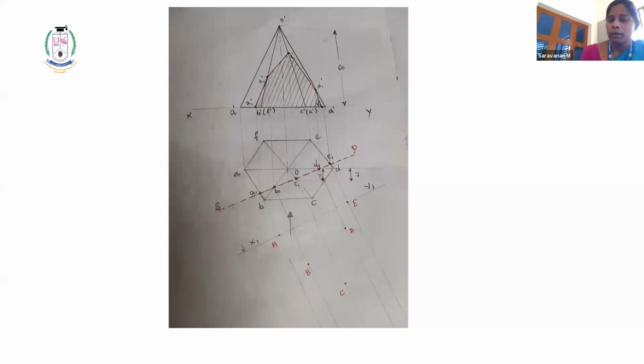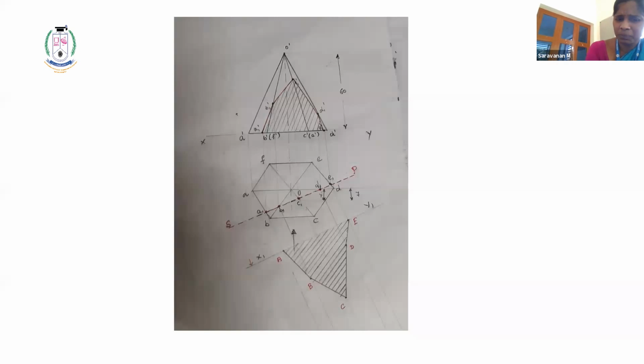So it has been shown. The intersection points A, B, C, D, and E have been shown. Next, join all the points and hatch them. So you will get the true shape of the hexagonal pyramid. That's what is shown here. This refers to the true shape of the hexagonal pyramid.